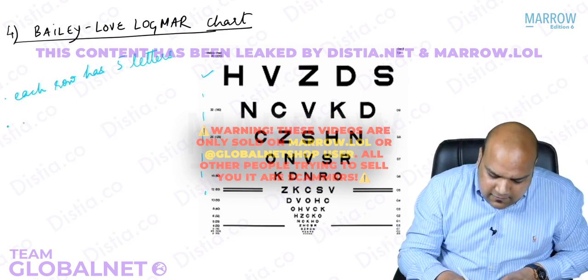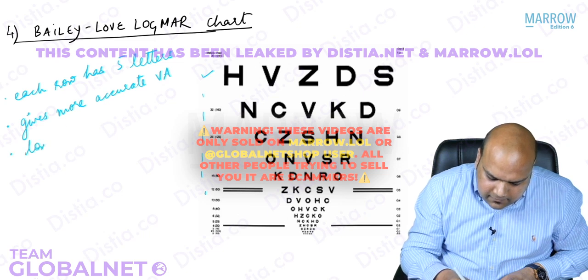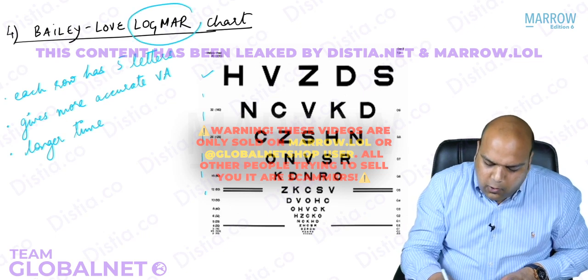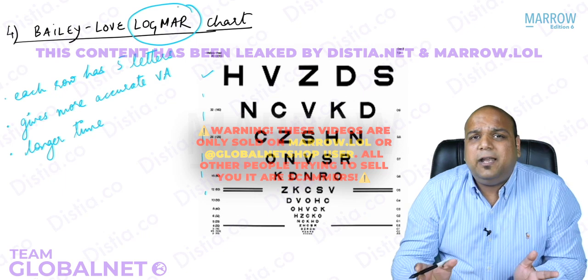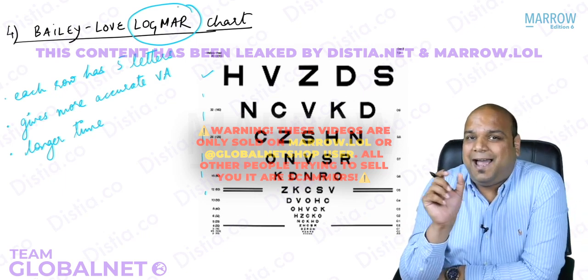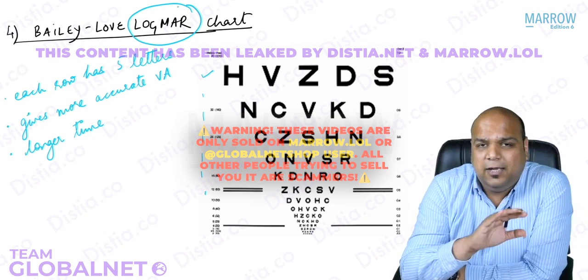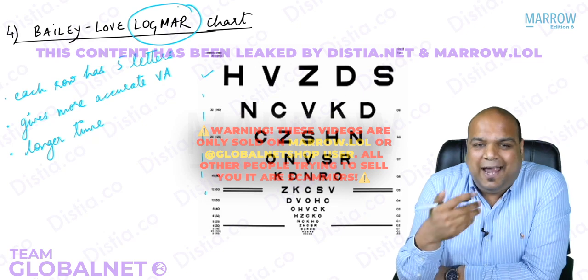This supposedly gives more accurate visual acuity, but it takes a longer time. Okay, everybody, it is based on the logarithmic measurement of the visual acuity. We don't do it in India, so not discussing it in detail. The basic fundamental remains the same: a subtended angle of 5 minutes at the nodal point of the eye. Okay, so these are the 4 important tests that we end up doing, or we can do in an adult